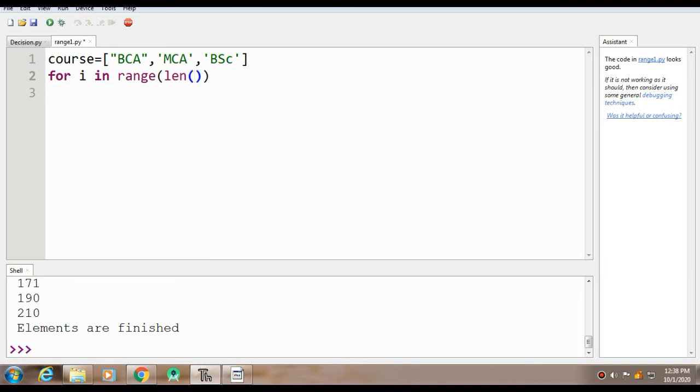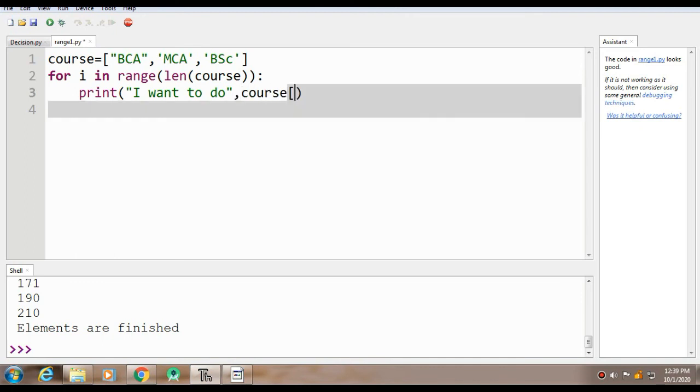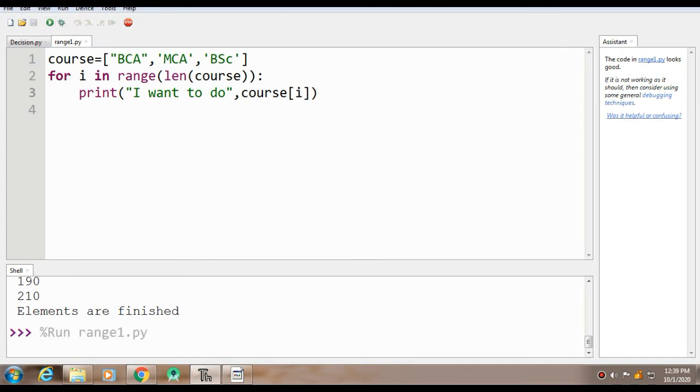So here in this case the name of my variable is courses. Then after this I want to print the name of whatever my course is, that too one by one. I'll save it, I'll execute it.